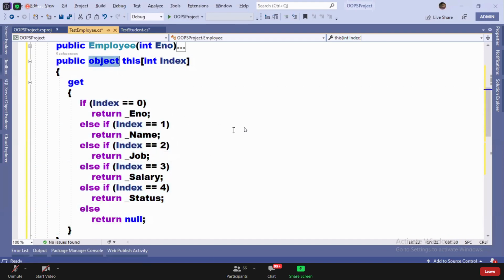In the starting classes I explained, if you want to return int, we'll take int. If you want to return string, I'll take string. To return double, I'll take double. But if I want to return different types of values, then we use object. Are you clear? Because object is capable of holding any type of value.